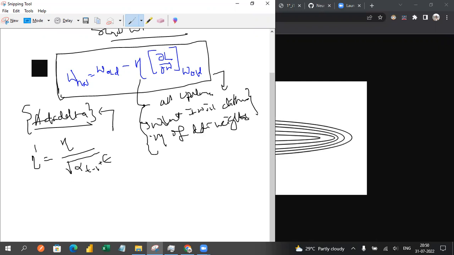I will also tell you what alpha t minus 1 is. So with respect to this new updated eta, I will write the equation like this: w new is equal to w old minus eta times the derivative dL by dw with respect